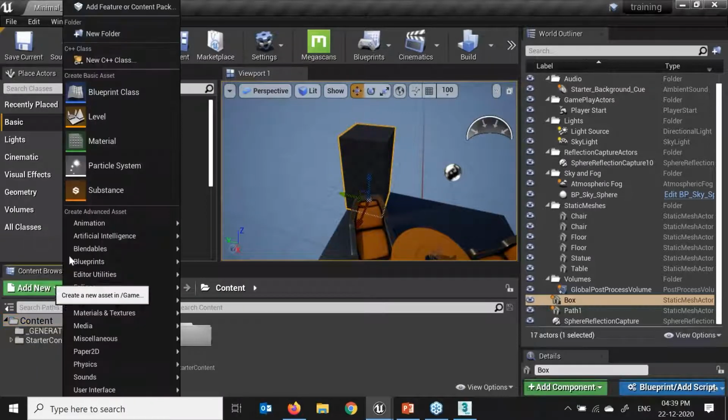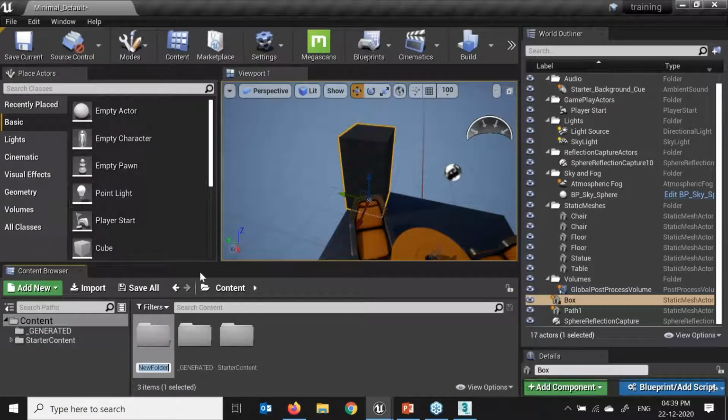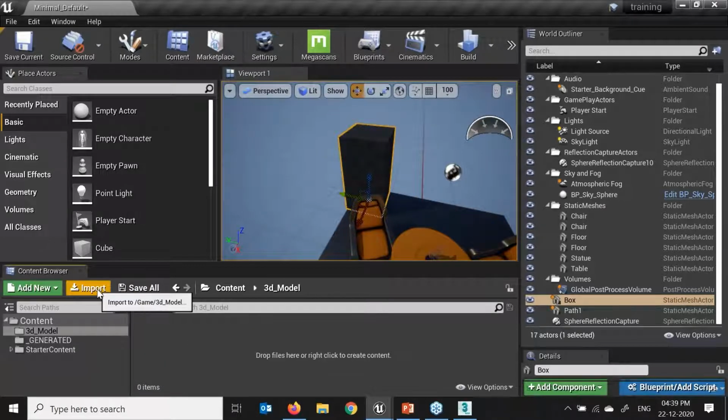I'll click on this add new and click on the new folder, and I'll say 3D underscore model. And yeah, you can't give space. If I give a space here, it will show some error. You can't give space in Unreal. Say 3D model, just double click on that and click on this import.